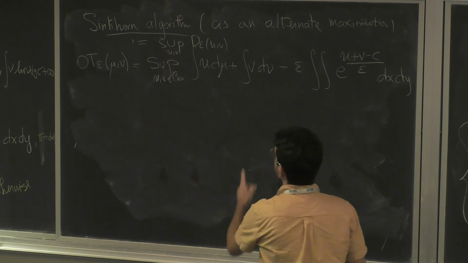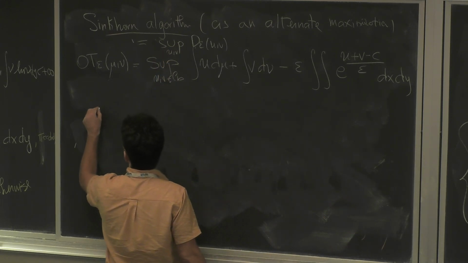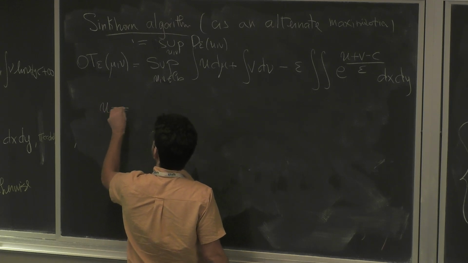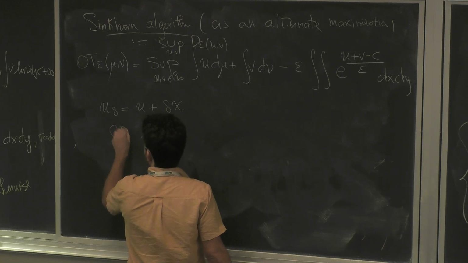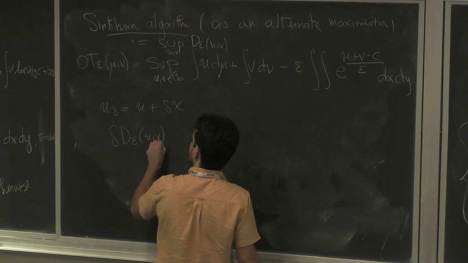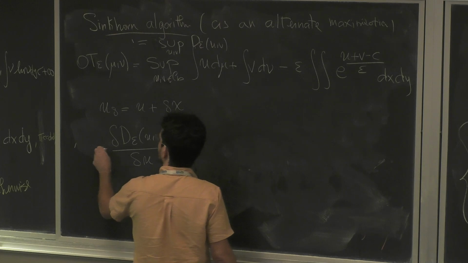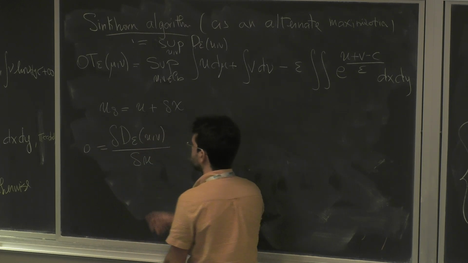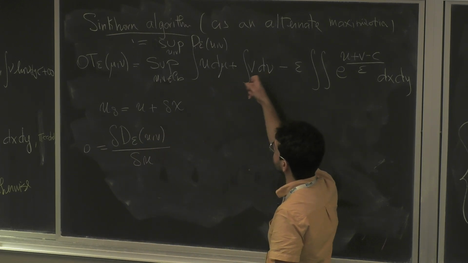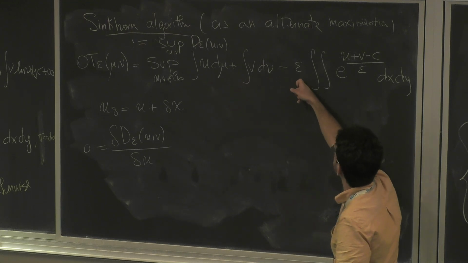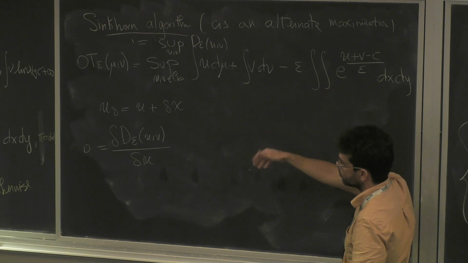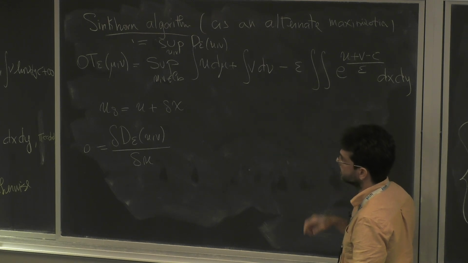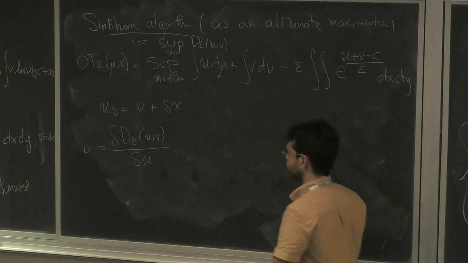And basically, if I compute the variation, so if now I take a variation, let's say u goes to u plus delta chi, and I take the variation of the dual functional with respect to u and set it equal to 0, I just need to do a first order analysis. So I have a linear function in u, minus epsilon exponential, so minus a strictly concave function. So I just need to compute the critical points to find the maximizer.